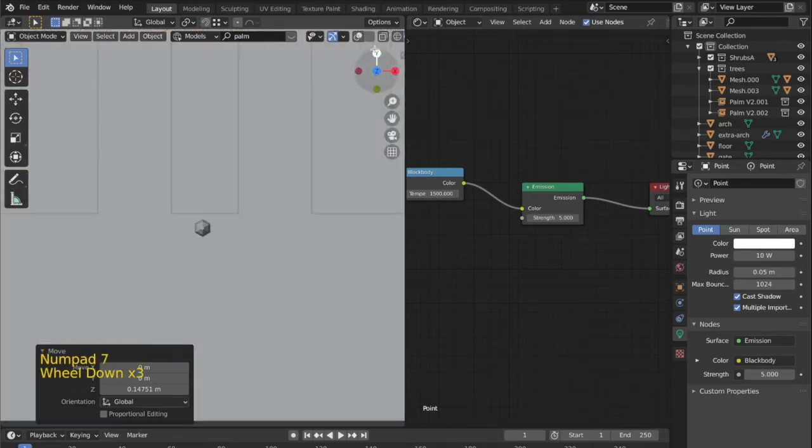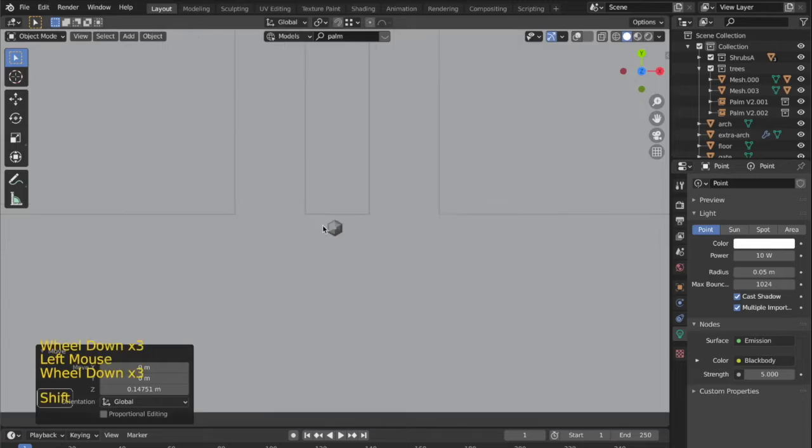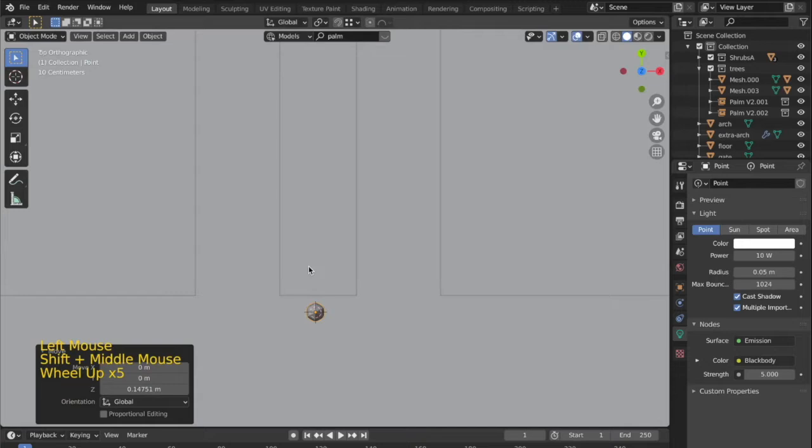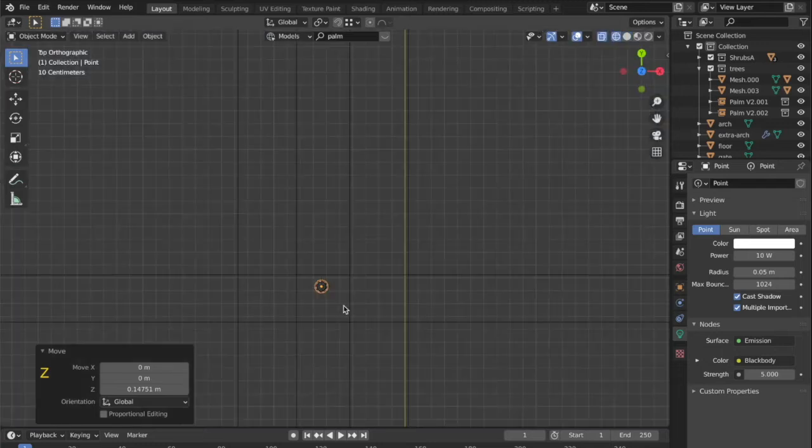Now the next thing I want to do is replicate this light on certain places. For that I will use the command Alt plus D. We won't be using Shift plus D because Alt plus D allows the objects to be linked. So if I make any changes to either the light or the lamp in this scenario, the changes will be applied to every replica I make of this in the scene. So this works perfectly in scenarios like this.